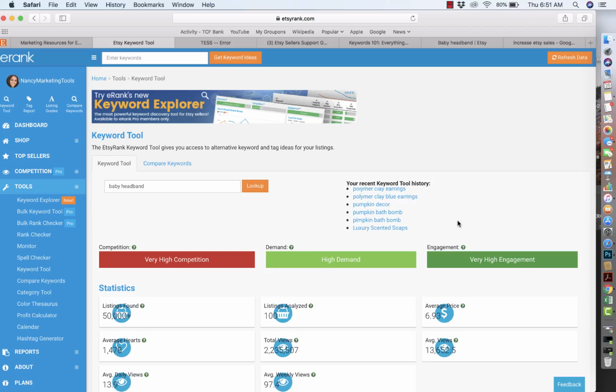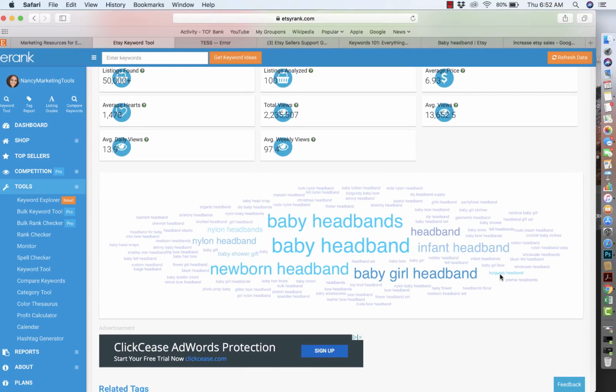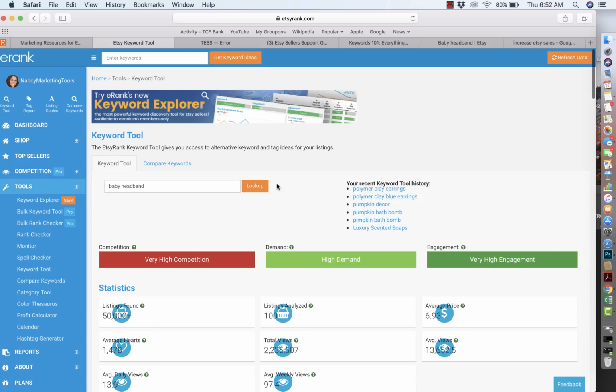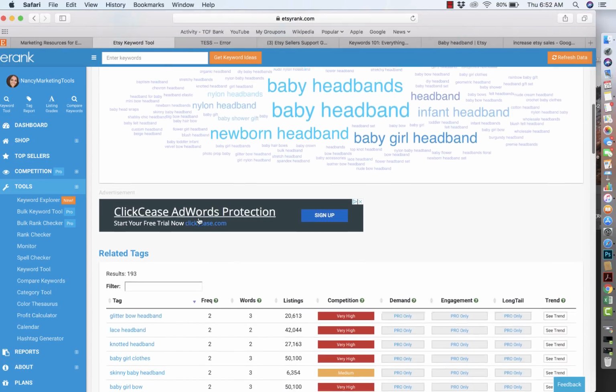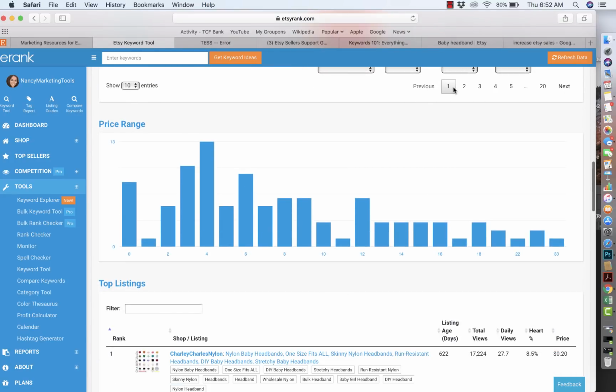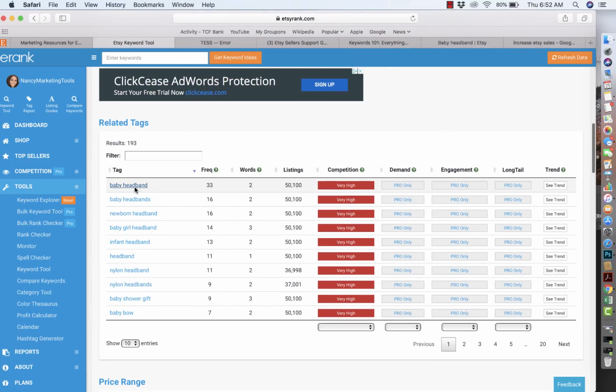SEO is important, but not the most important. There are so many important factors when selling on Etsy, and all of them combined together make those stores go from barely 500 sales a month to thousands of sales a month, right? So I hope that this tutorial sparked something in you in learning how to use Etsy Rank and how to look for keywords. If you look at Etsy Rank right here and you look at a keyword,